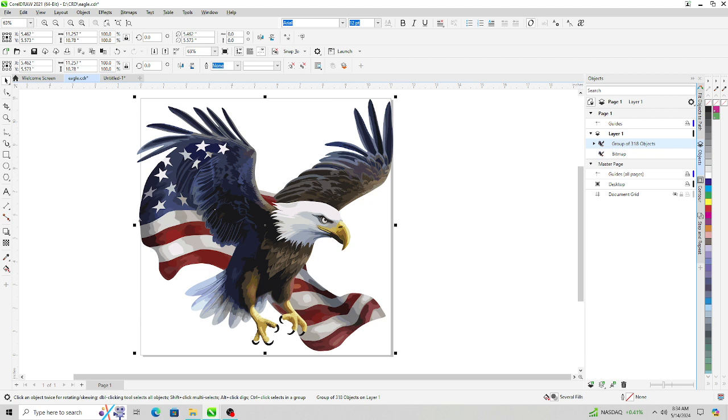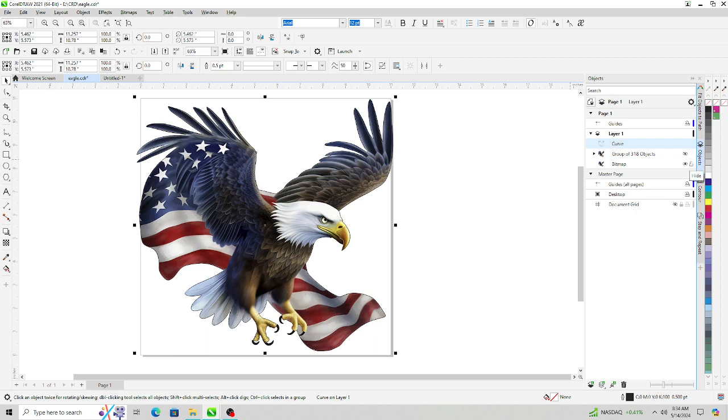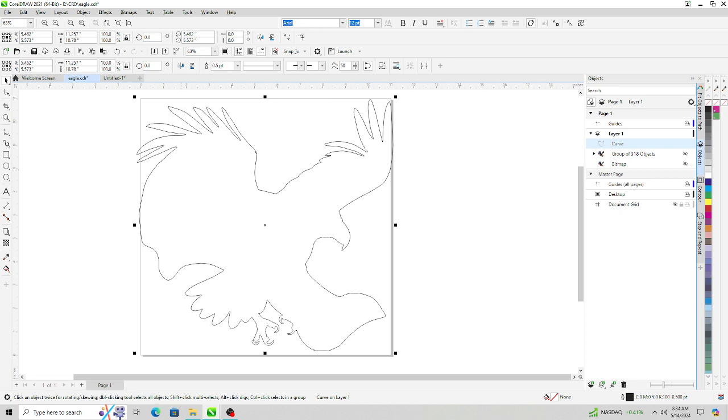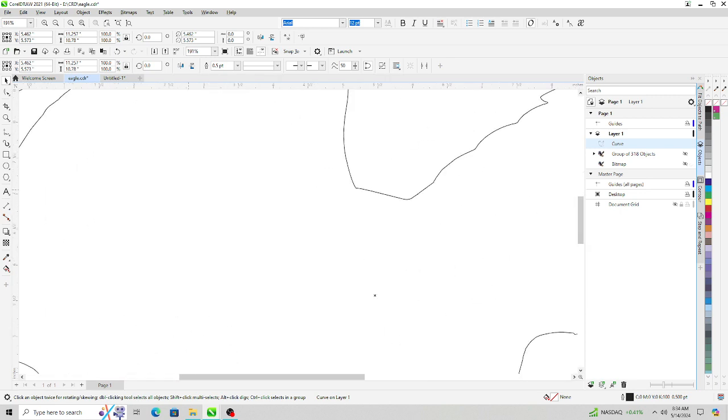And now it's going to draw another line. All right, so now if you shut the group one off, shut the eagle one off, this is your outline. So if you zoom in,